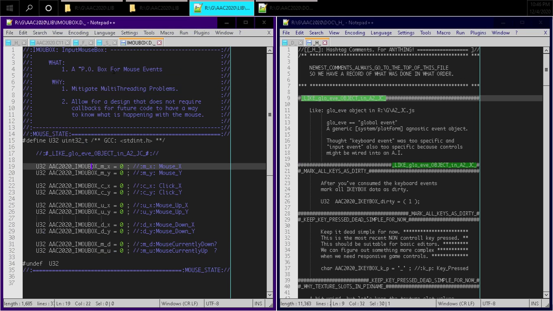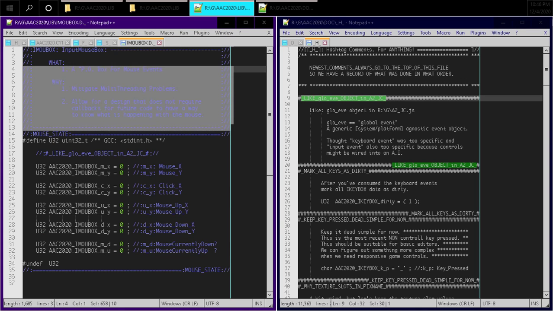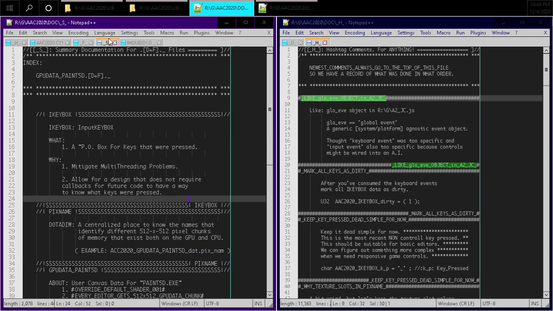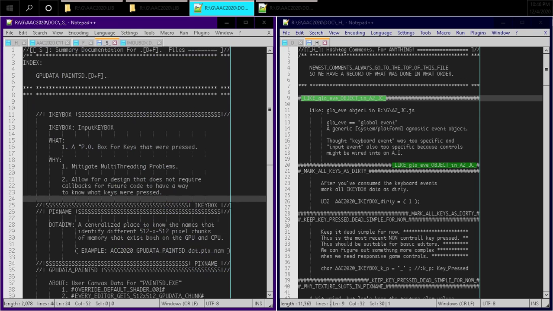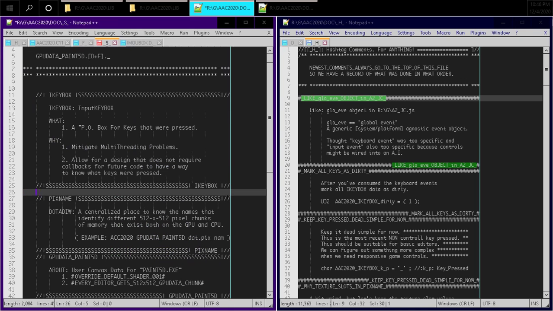And then also this input I mouse box, this would be a summary, and it's a lot like the previous summary. So let's take this summary for I mouse box. Is it the exact same thing? So really, we could keep this a little bit simpler, and we could say I mouse box,